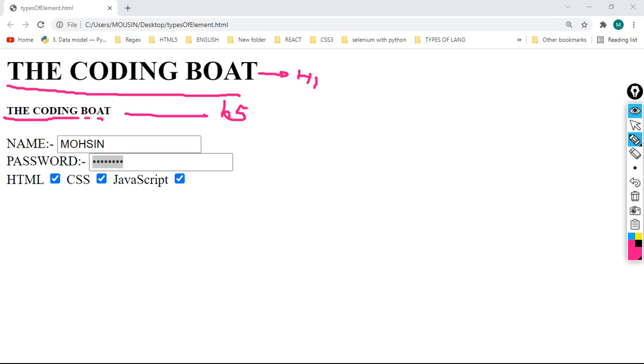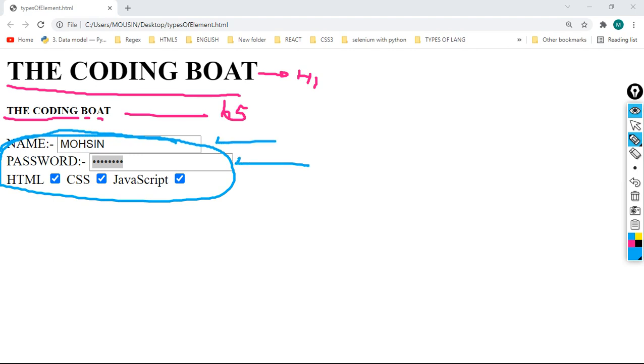But with the help of the input tag, we are taking the user's name, taking the user's password, and asking which option he wants to check, HTML, CSS, JavaScript.